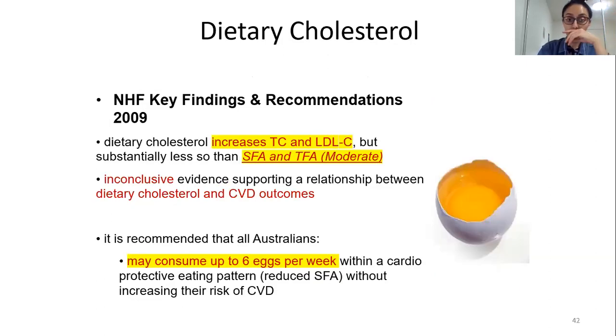Okay. Now with dietary cholesterol, every 10 years, I see that the recommendations on eggs keep changing. It's not that I'm 60 years old and I've been seeing this for 6 decades, but from the time I became aware, this keeps changing. But right now the recommendation is that yes, you may consume up to 6 eggs per week for a normal healthy individual. All right, and that would be fine. Okay, so basically the concern about egg is why? Because the yolk, as you know, is a high biological value protein.